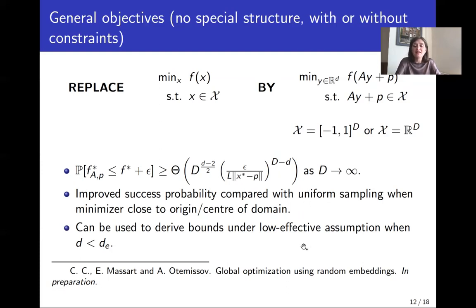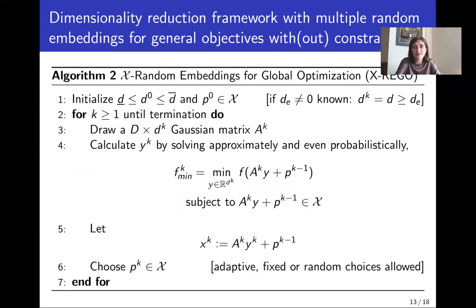And these bounds here can be used also to guarantee a framework for the case when we do not know the E. So in that case, we can still do these random embeddings and keep growing little d until we hit the E if F has this special structure. So indeed, we have this general algorithmic framework here where we can choose random subspaces of varying dimensions, little dk,